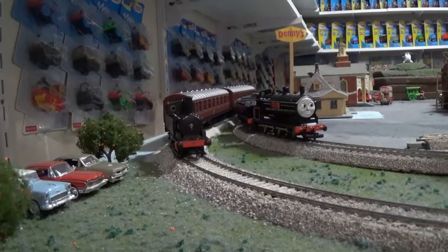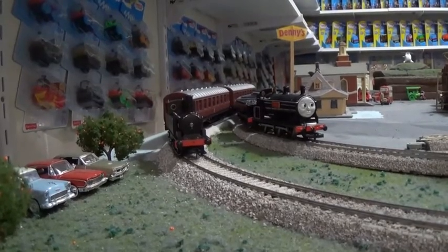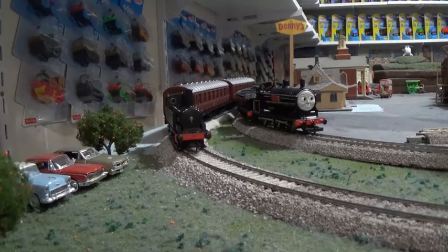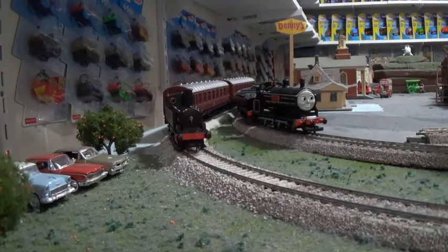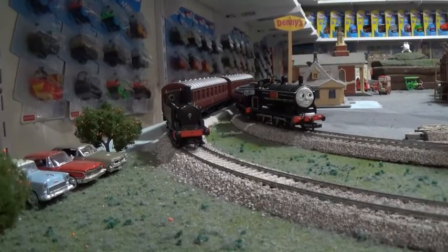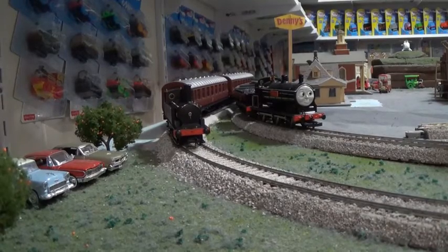Alright, now that we've had our nighttime running session with the K1 and Bill and Ben, it's time to move on to the next set of locomotives. And both of these locomotives have one thing in common, and it's not the fact that they are both painted black. No, their similarity is that they both came from the Brampton Train Show,